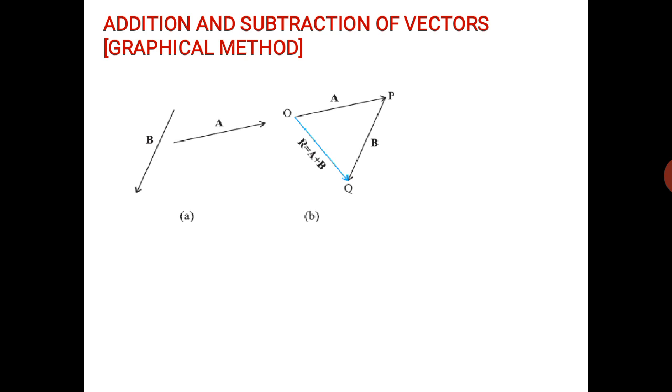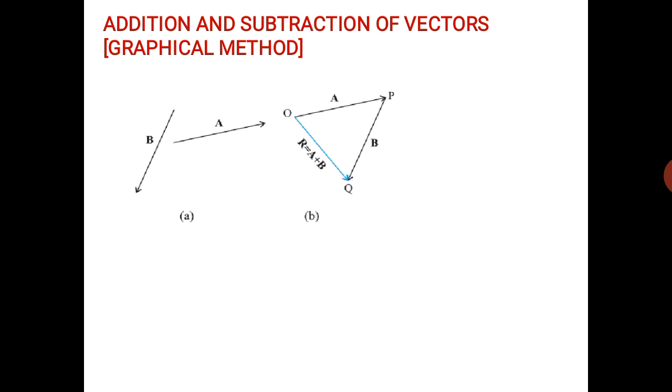Say for example, for 5 meter, you can draw 5 centimeter, or you can take 2.5 centimeter also. It should be proportional to its value. So for 5 meter you draw a 5 centimeter line, and for 3 meter you draw a 3 centimeter line, and the direction of the line is along the direction of the displacement. Okay,